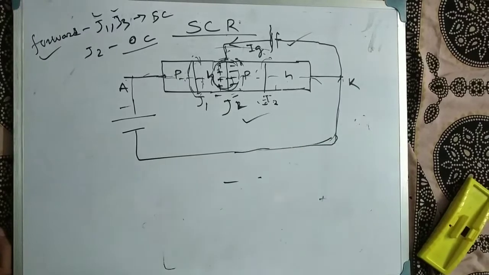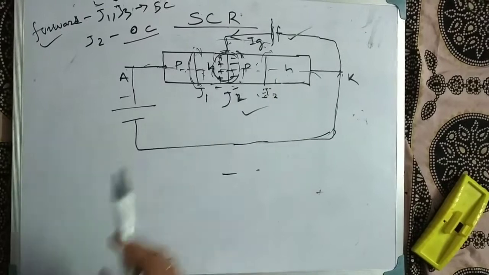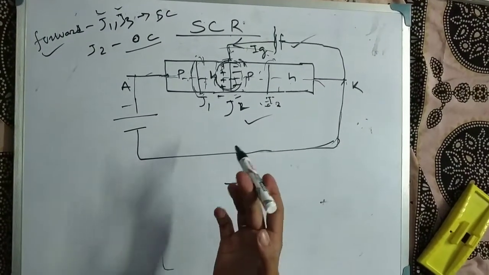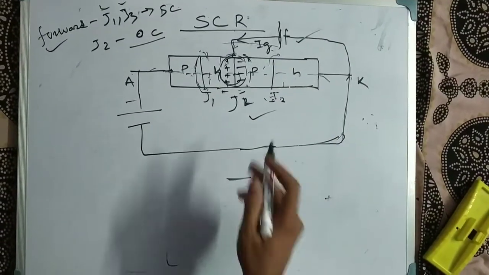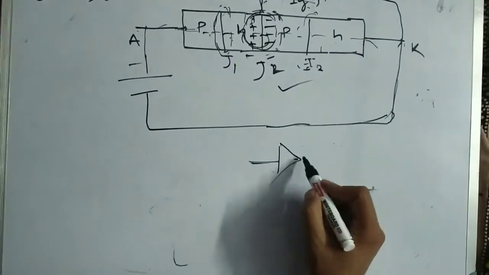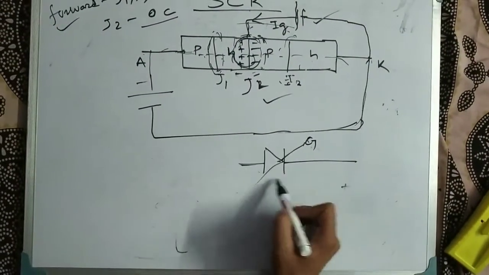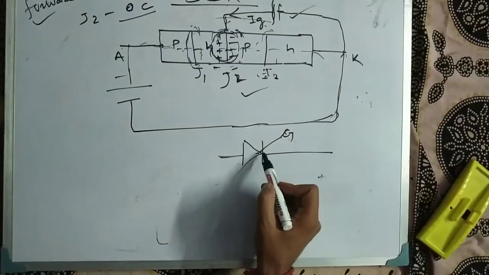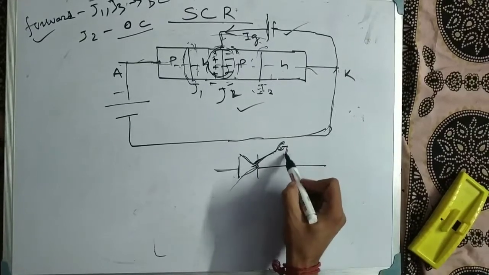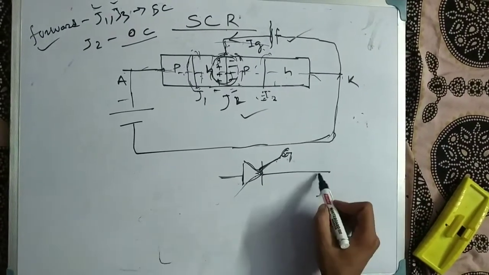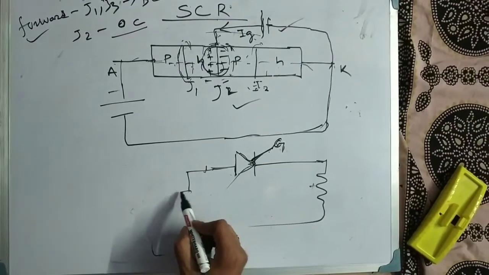Now the SCR is on. So we can see, to start this SCR, we have a control signal, the gate signal, which is in our hand. We can suppose the thyristor acts as a switch. This is the thyristor diagram. We can write the thyristor like this. It is a normal diode with a gate. Here is the gate. This is the symbol of a thyristor. Now this is a resistance and this is a voltage supply.